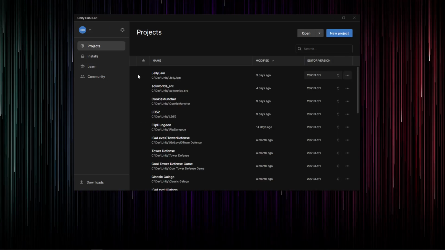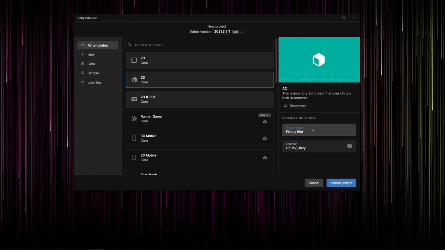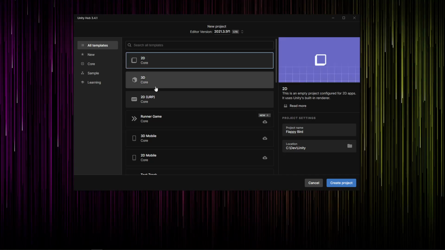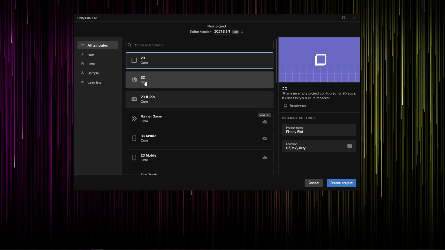And in the projects tab, you'll also see all of your projects, and it will also show you which version of Unity it has. And there's also this magnificent blue button in the top right. It says new project. Click on that. I'm going to create a new project. I'm going to name it Flappy Bird. You can choose its location. And for the template, we want to select 2D specifically. We don't want to select 3D because Flappy Bird is a 2D game. And it'll also change a bunch of defaults. You can change it back to 2D after you create the project, but keep with 2D. I'm going to hit create project.